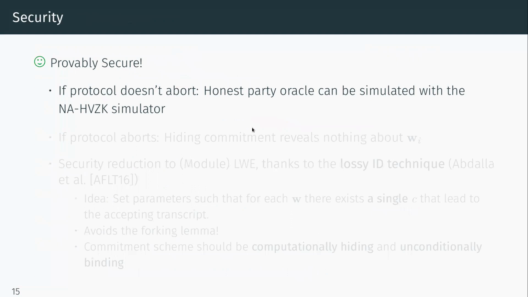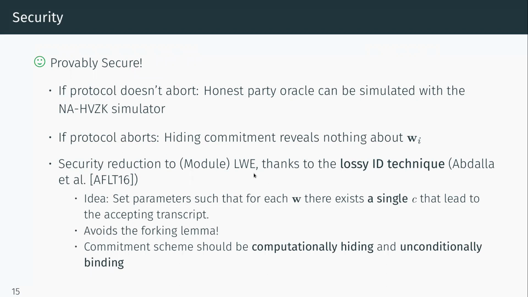So what's the security? This is provably secure thanks to the homomorphic commitment. If the protocol doesn't abort, the honest party oracle can be simulated with the non-abort honest verifier zero knowledge simulator. And if the protocol aborts, then thanks to the hiding commitment, it reveals nothing about the first message W. And in the paper,